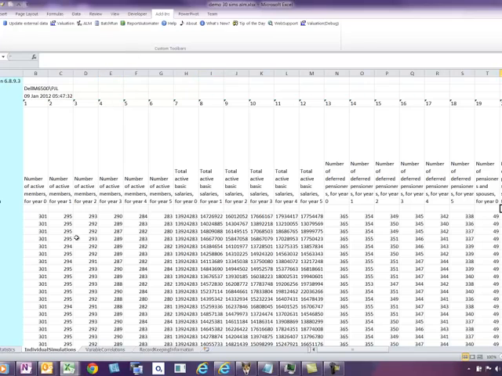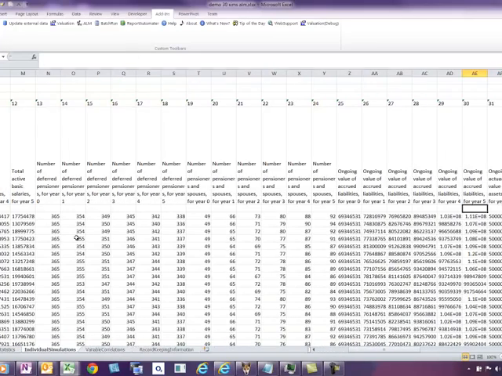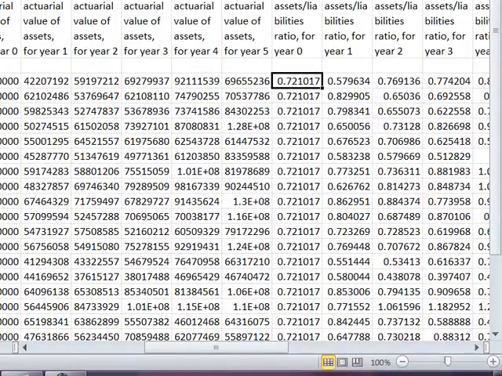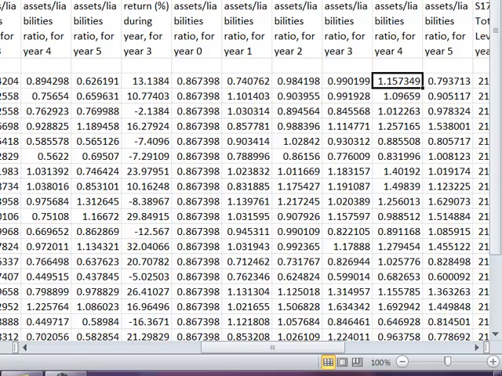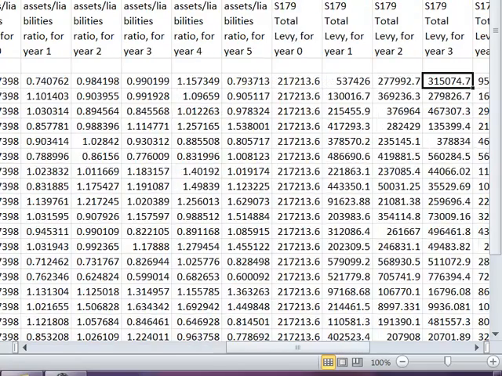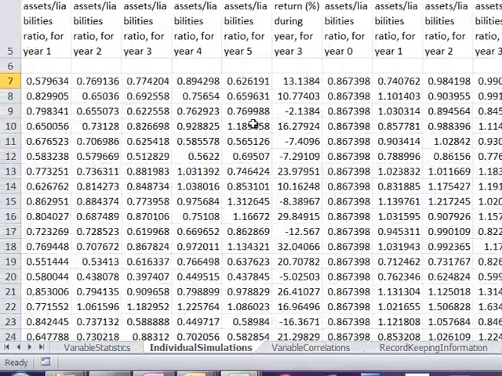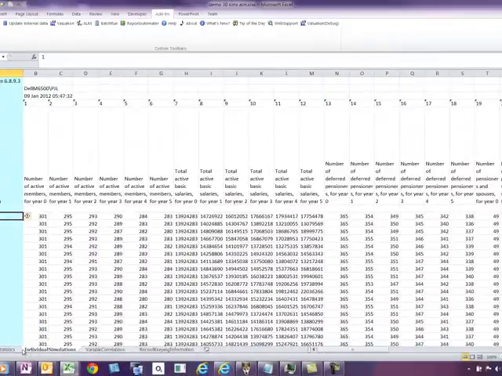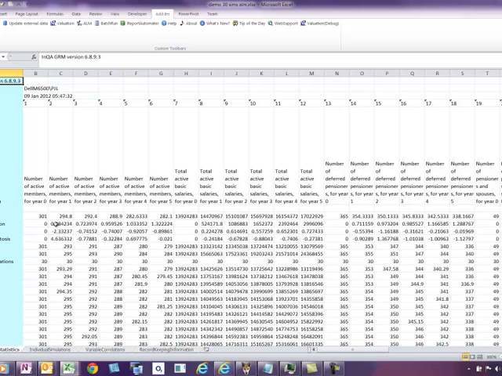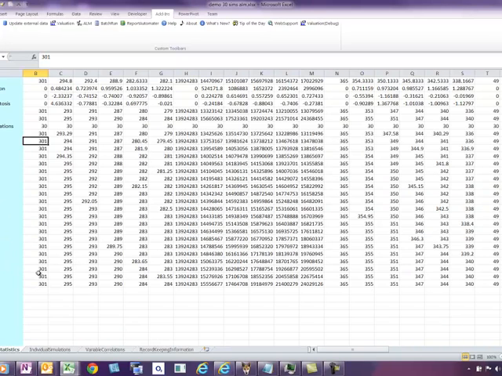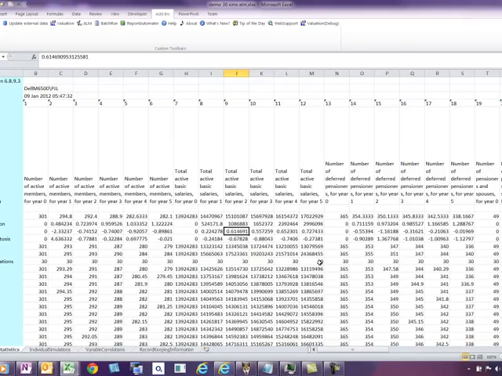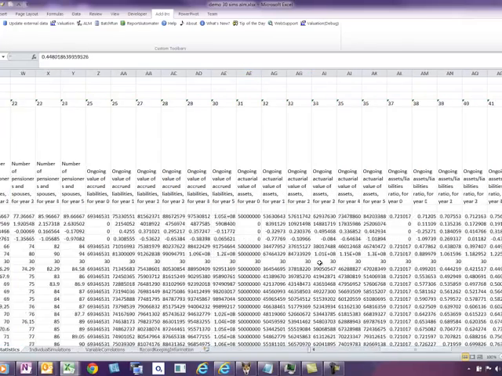information such as number of members to value of liabilities, and then funding ratios, assets over liabilities on the ongoing basis, and then on the section 179 UK Pension Protection Fund basis, and then levies for the Pension Protection Fund. You also have contribution rates, and then you can also have the statistics of those variables, so the distribution including means, standard deviations, skewness, kurtosis, minima and maxima, and percentiles of each of the variables over the number of simulations that you've chosen,